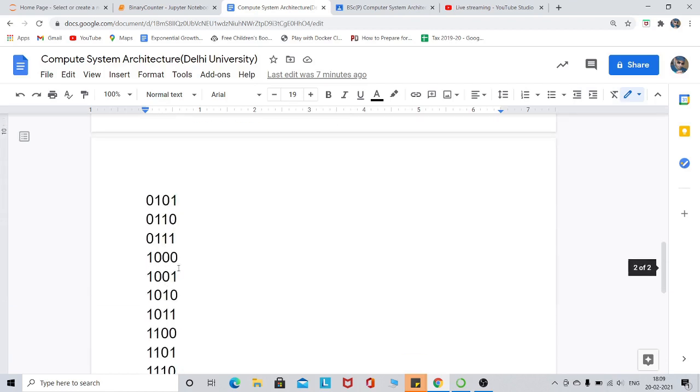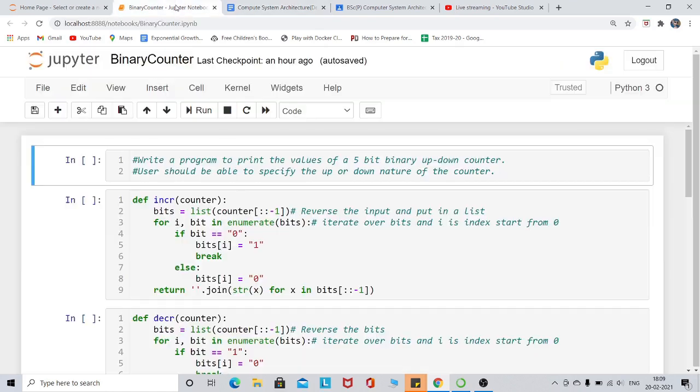You can check any number, here 1 0 1 0. In that case, I invert the 0 to 1 and the 1 to 0, and I get my 1 here. The remaining bits are the same. So this is the logic. Let's move to the code part. So this is the code.